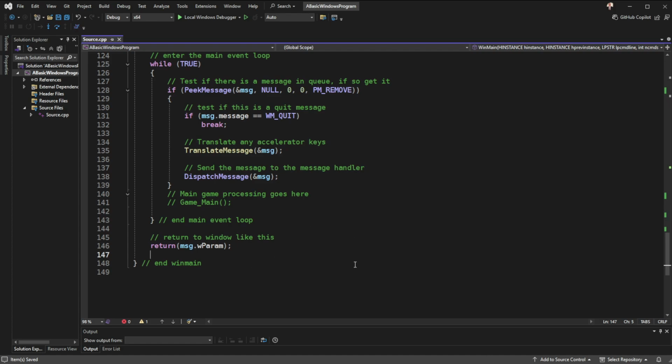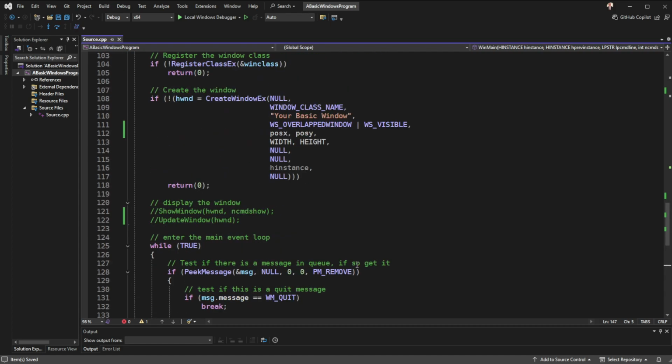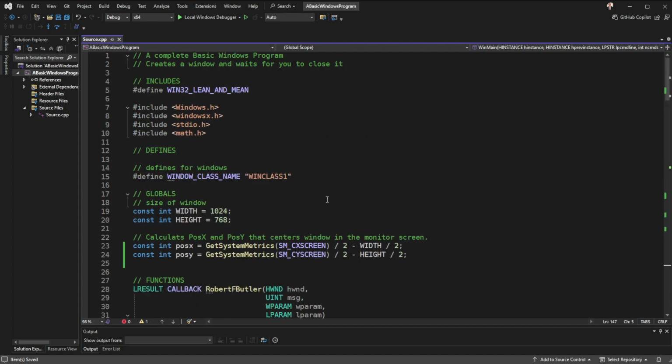So with all that said, we're going to run this puppy now and see if it actually works. Since I changed a bunch of code, it might not work now. Cross your fingers. It should make a 1024 by 768 size window appear in the middle of the monitor. Before I do that, I'm going to try to